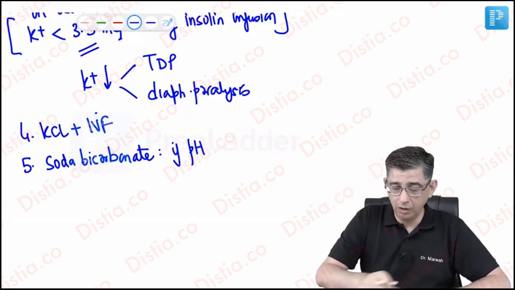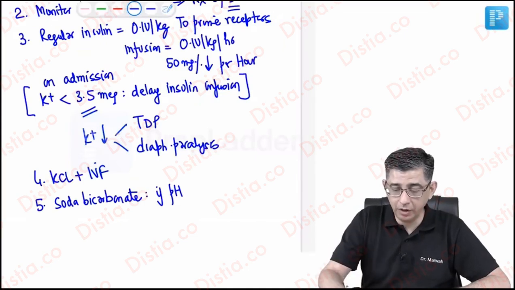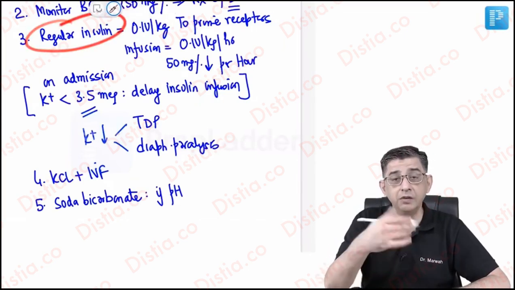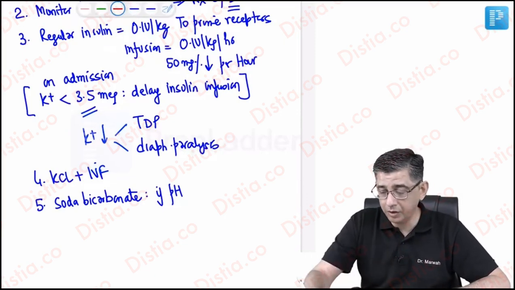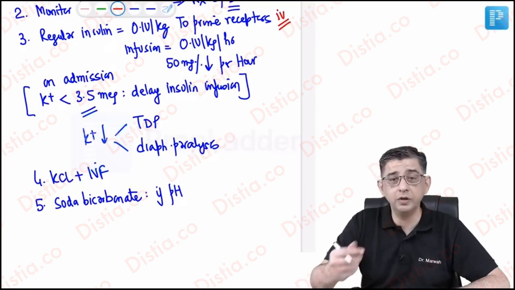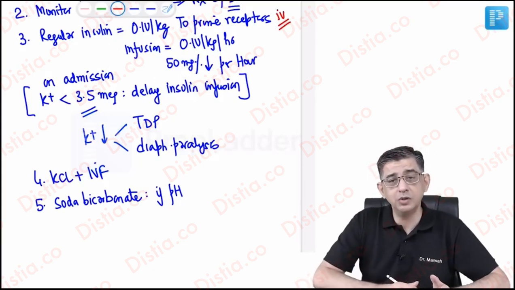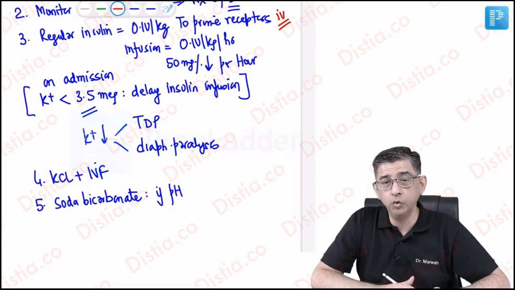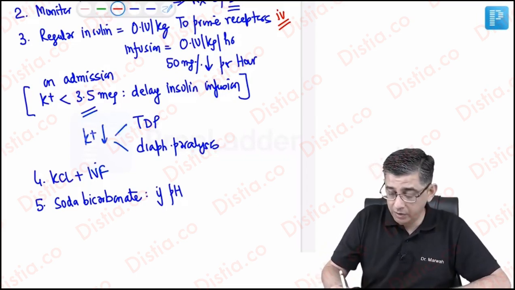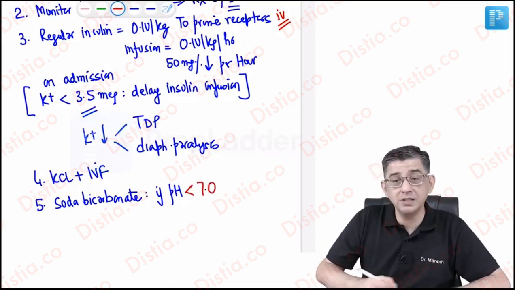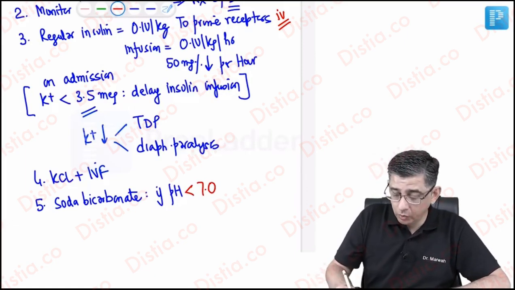Insulin deficiency. If you replenish the insulin deficiency of the patient by giving regular insulin, this is definitely going to contribute to resolution of the ketonemia and the ketones in the urine of this person. In the majority of cases, you do not require soda bicarbonate. However, if the pH is less than 7.0, you need to increase the pH to a target of